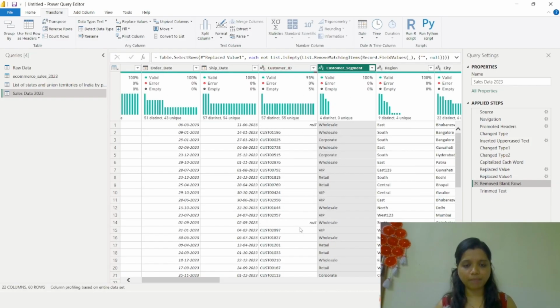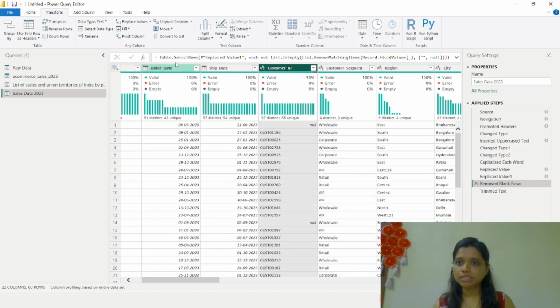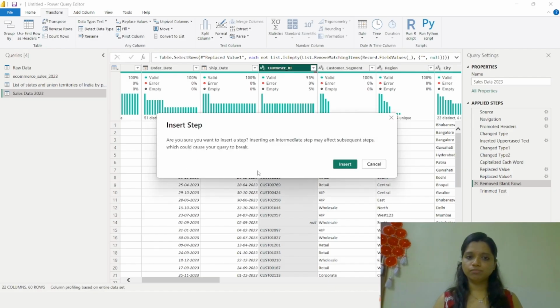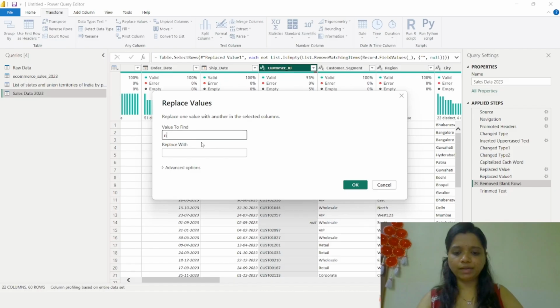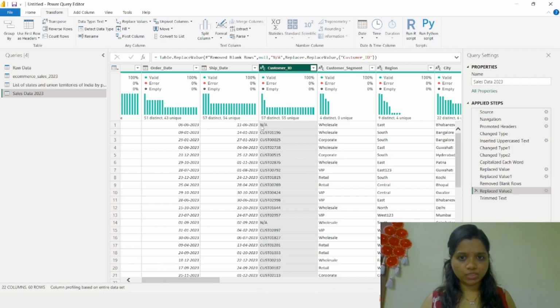So these nulls are back again. So instead of removing nulls, we'll again go to transform, then replace values, and we're going to insert a new step here. Value to find this time is null, or you can just not type anything, but let's go with null, and we are going to replace it with NA. So this null got replaced by NA, so we didn't lose that data.